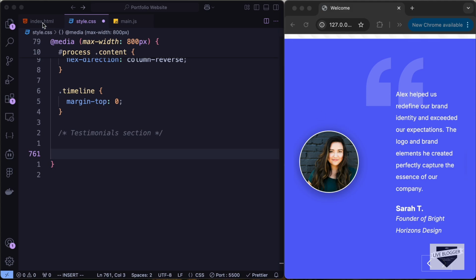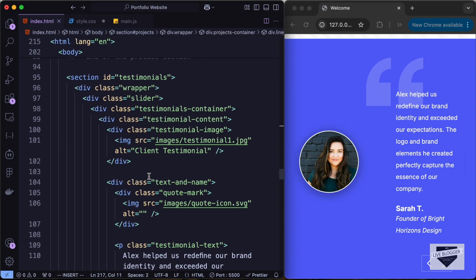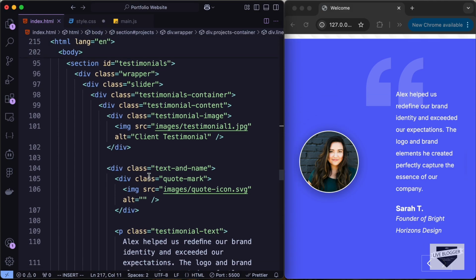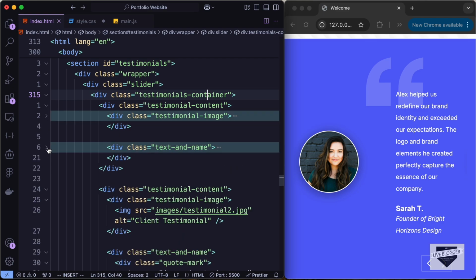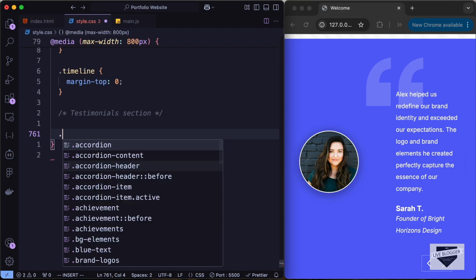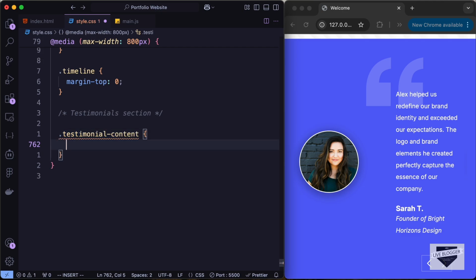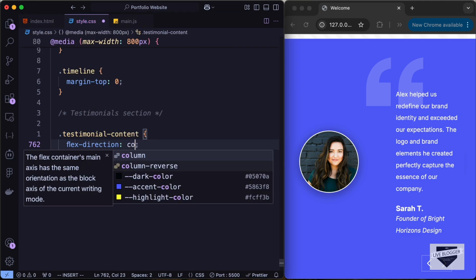So if you go to our HTML file, here in the testimonial section we have this division of the class of testimonials container, and then we have the testimonial content, and in the testimonial content we have all these elements. So we have testimonial image, text, and name. So we want these to be displayed one below the other. So let's target this testimonial content. I'll just type testimonial content, and